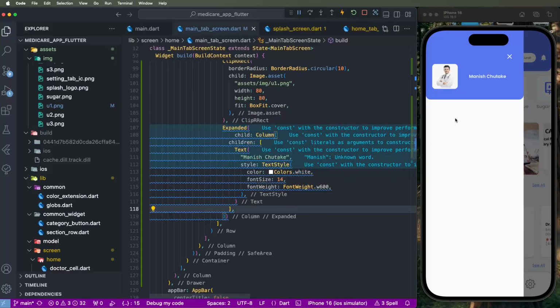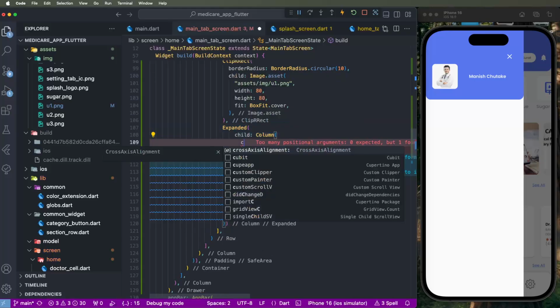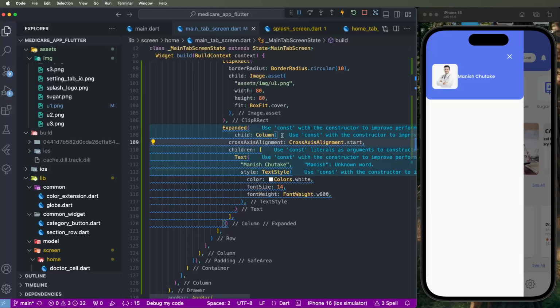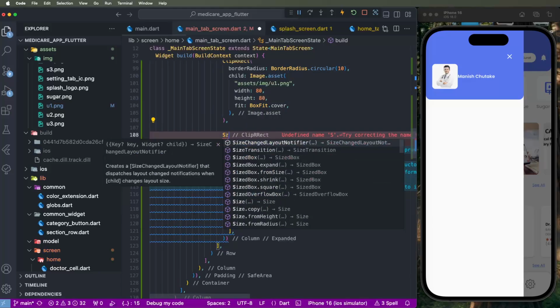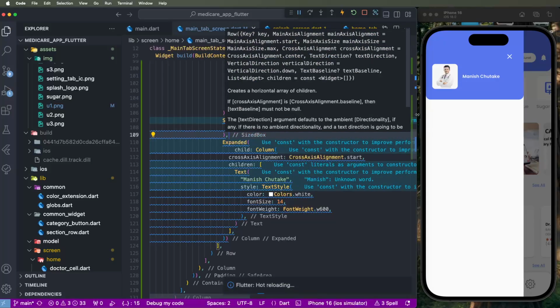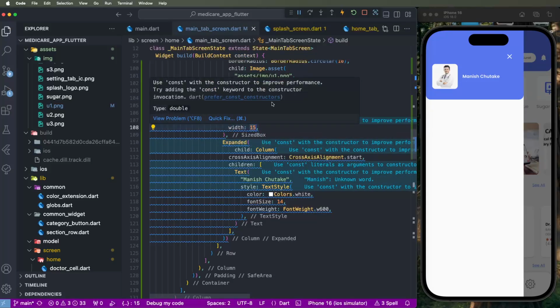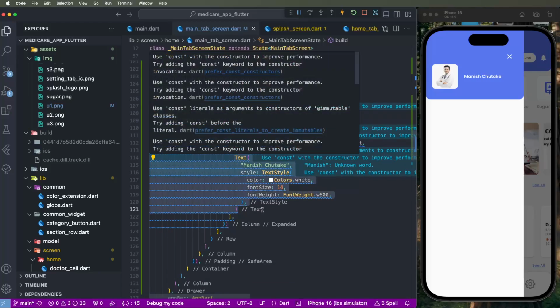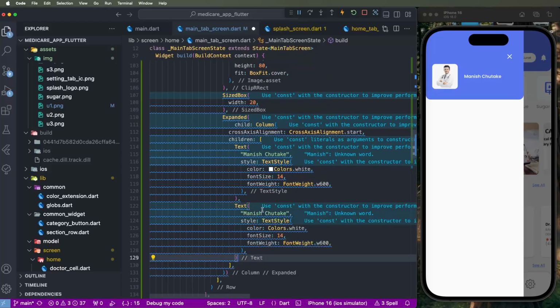And we need to save and it looks like this. To set the cross axis alignment we need to set start, and also need to give some space. With space we need to set 15, and maybe increase to 20, it looks like this. Again need to copy and show like this here the current city,